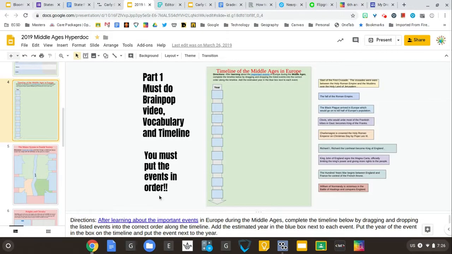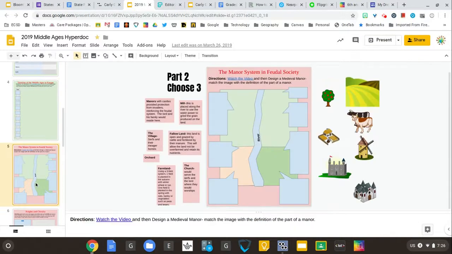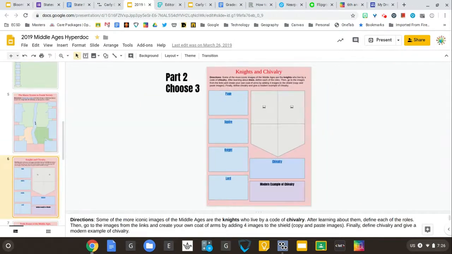So they go here to a website, and then they have to move these boxes over and put the years in order. They get to make a feudal manor and decorate it and match it with the definition after they watch a video. They can create a coat of arms.